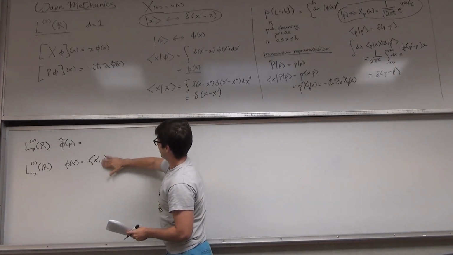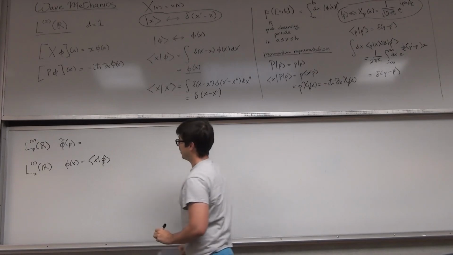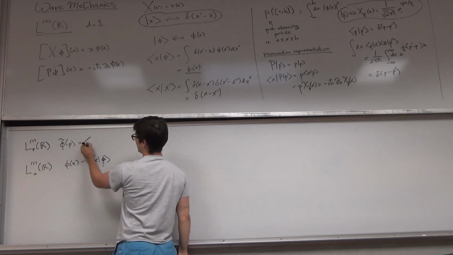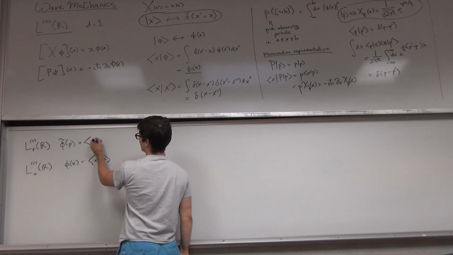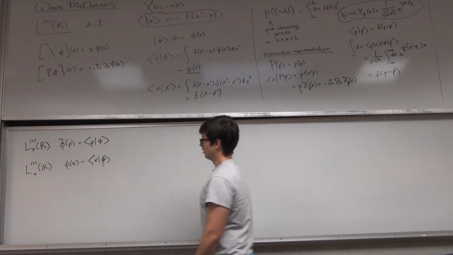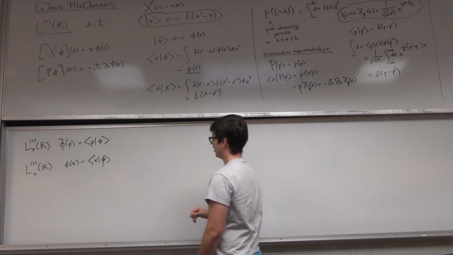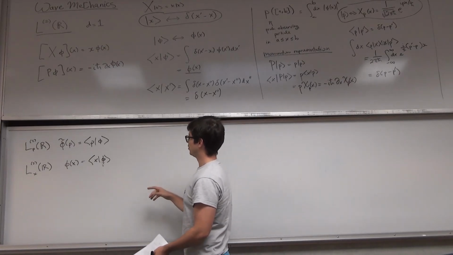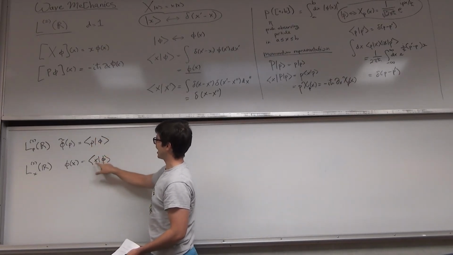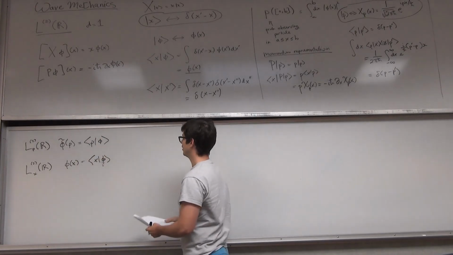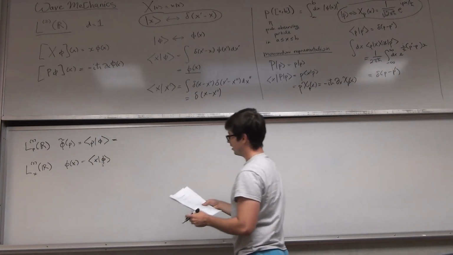X dot phi. But similarly, you can take the p ket and dot it into phi, and that gives you something as a function of p. It's completely analogous. So now you can figure out how this is related to this guy by sticking in a completeness relation, if you want. And if you did that, you would get